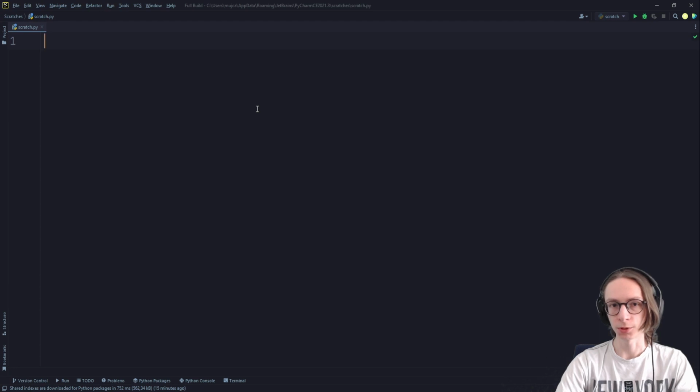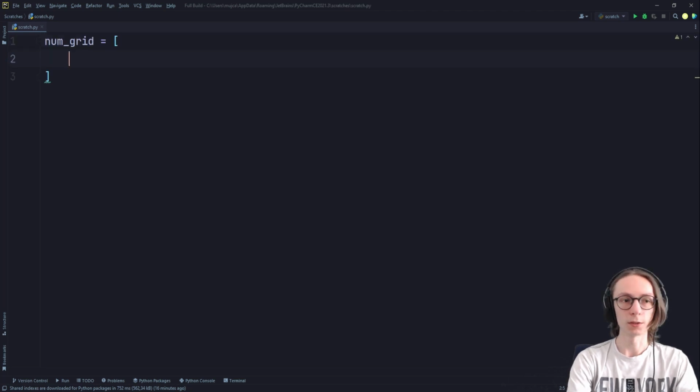So what I'm going to cover now are two different concepts in Python. The first one being two-dimensional lists, and the second one being nested for loops, so we can navigate through those two-dimensional lists. Normally, if I would be to create a list, let's call it numGrid, I could just have the